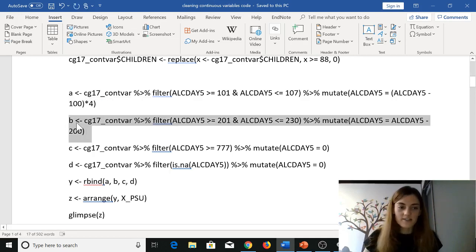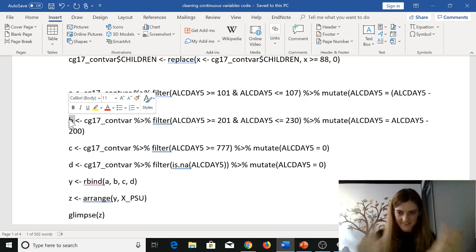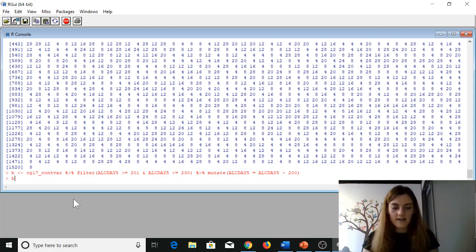So again, we're setting this to the object called B, just so we're creating a new data file where this calculated data for a continuous variable is stored, in this data file called B. So we'll run that also, and let's look at B, alcohol day 5. Now we're looking at that column in the B data file where the responses filtered between 201 to 230 have been mutated to subtract 200 from each response, so we get the number of drinks consumed in the last